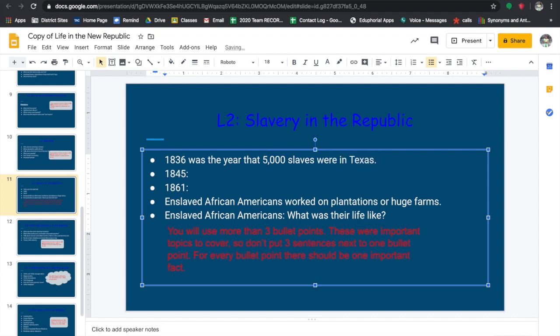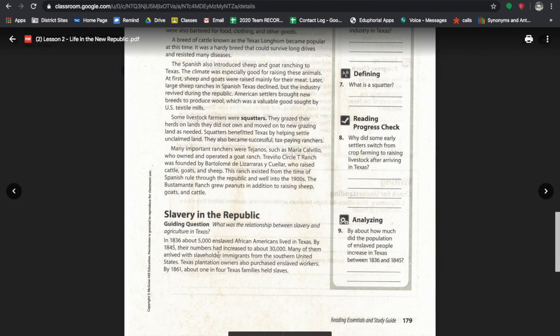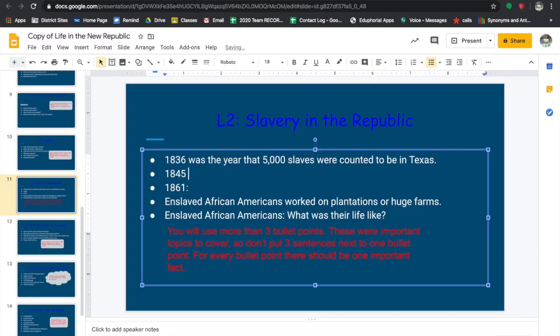Remember, you do not need to be copying the document word for word. Put it in your own words. So that's what I did. 1836 was the year that 5,000 slaves were, I'll say, counted to be in Texas. All right, 1845, 1861, and then what their life was like. By 1845, their numbers had increased to about 30,000. Oh, snap. I'm getting all the answers. So 1845, that number, actually, let's make this a coherent sentence. In 1845, that number increased to about 30,000